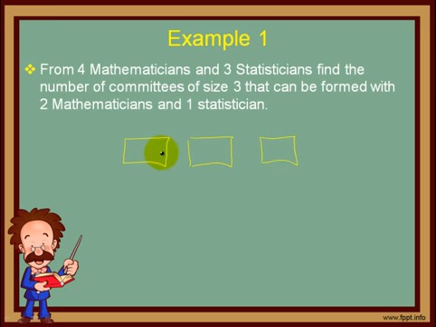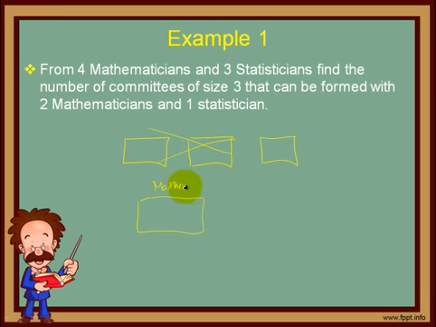Dili man meaning ana nga primero atong pilion kay isa ka member, isa ka member, kay ingon man diri duha ka buok mathematician then isa ka buok statistician. So ang idea diri is instead nga pili ta og event nga kani, duha ka mathematician